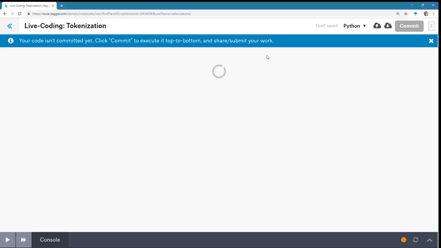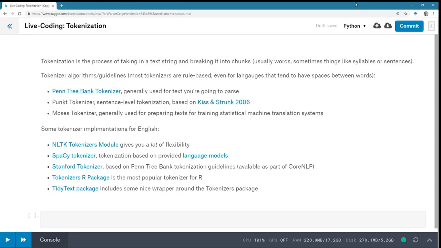Like we mentioned last time, tokenization is the process of taking in unstructured text, quote unquote unstructured text. No human language is ever completely unstructured. We had this talk last time. And chunking it into chunks that are relevant for you and your task, whatever that is. So usually it's something like words, and it can also be things like syllables, characters. That might seem trivial, but if you've spent a lot of time working with Unicode and joining characters, you know that in fact character level segmentation is not trivial at all.